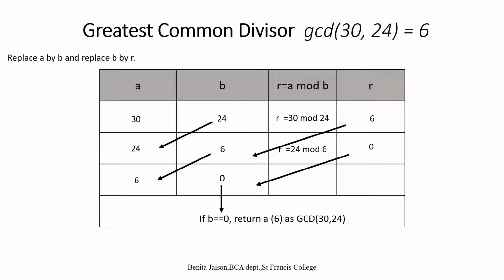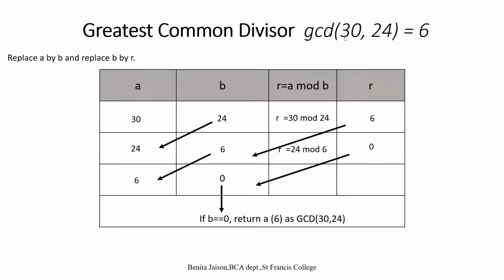If you understood this problem, then your algorithm is done, and your program is also done. One of the programs is for finding the GCD: write a C program to find the GCD using recursion. So that program is done. This is the method used for finding the greatest common divisor, also known as the Euclidean algorithm. Hope it is clear. We will be seeing two more examples.